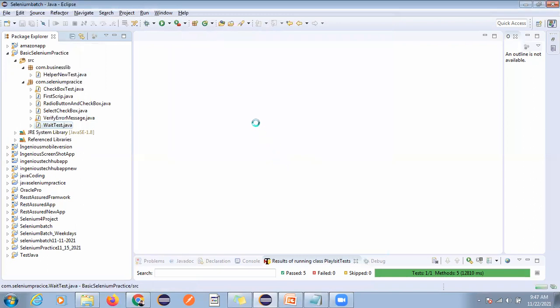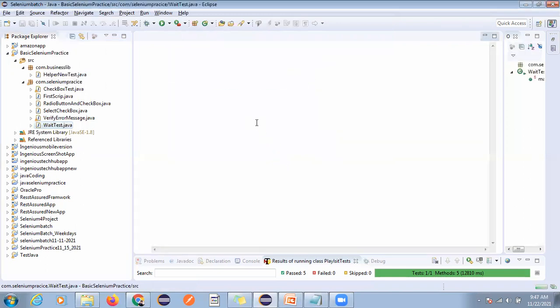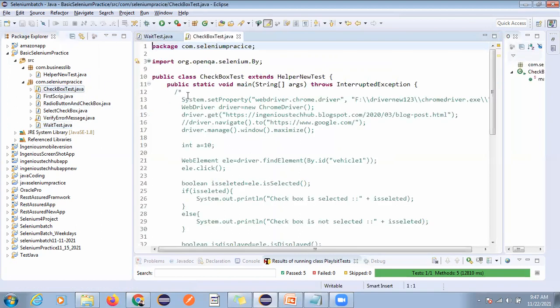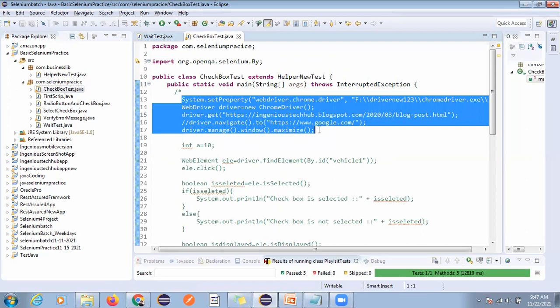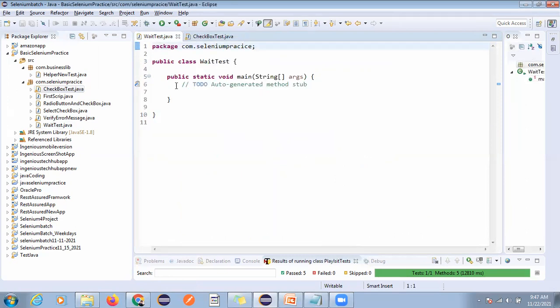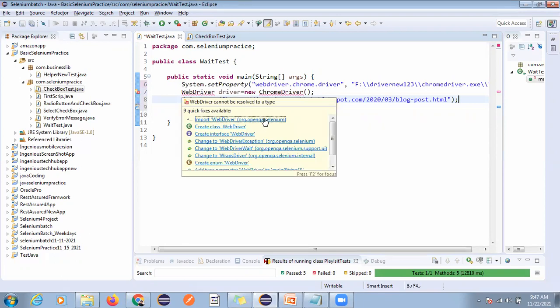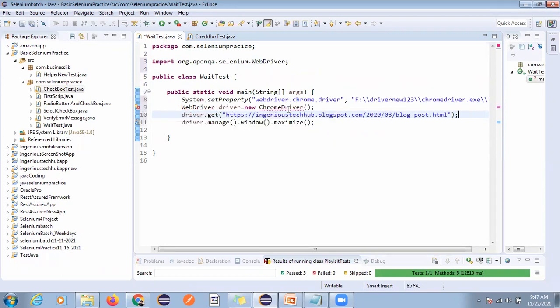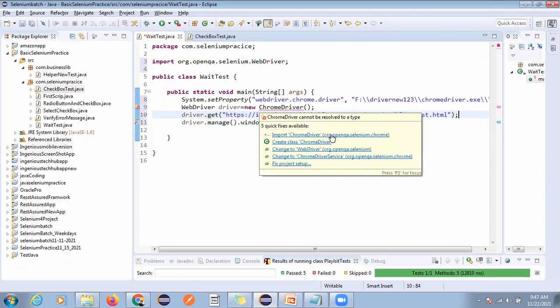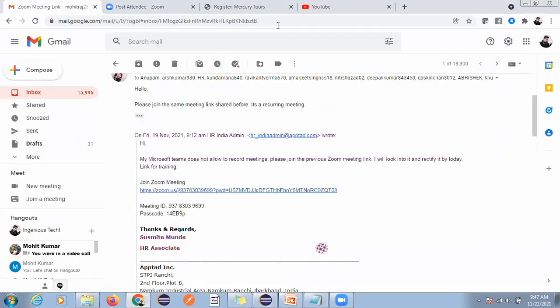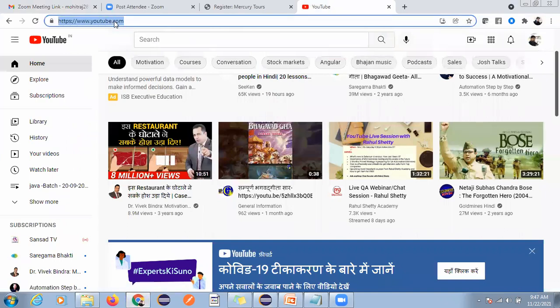We can copy and paste the same code here. I will remove this. We are importing, and I also have to import ChromeDriver. Now here we will use this.